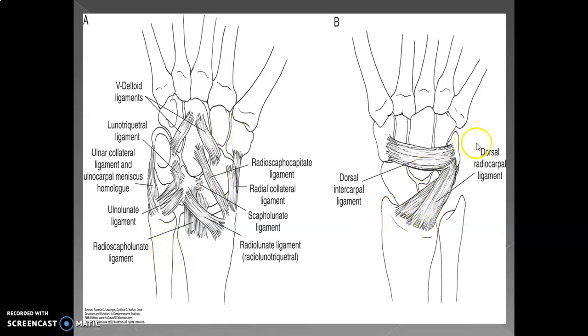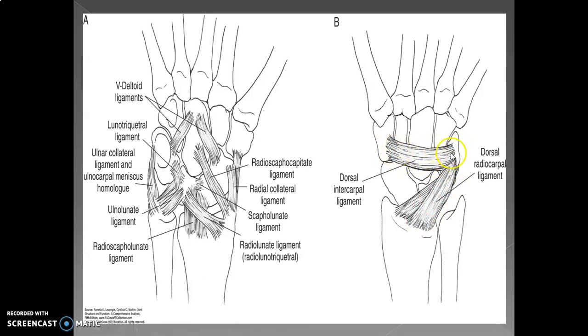On the dorsal area, you have a ligament which is posterior and which goes through all the intercarpal bones. Here you can see that they start from the triquetrum and then travel through the trapezium, trapezoid, capitate, and hamate. So they travel all through the distal row and also to the triquetrum. Here the other attachment, you can see the scaphoid here, and here this is the radius.